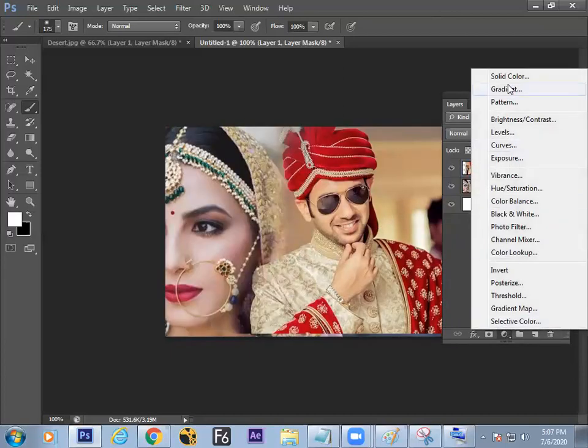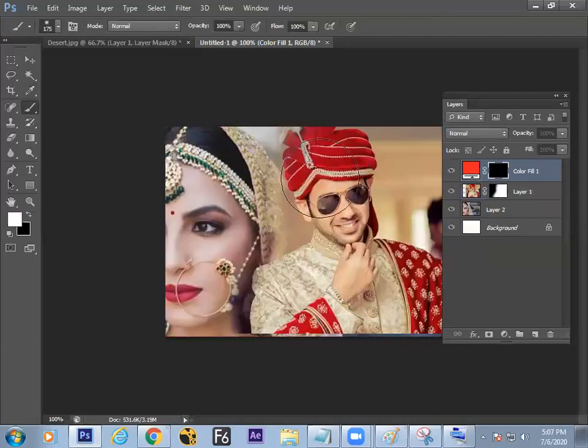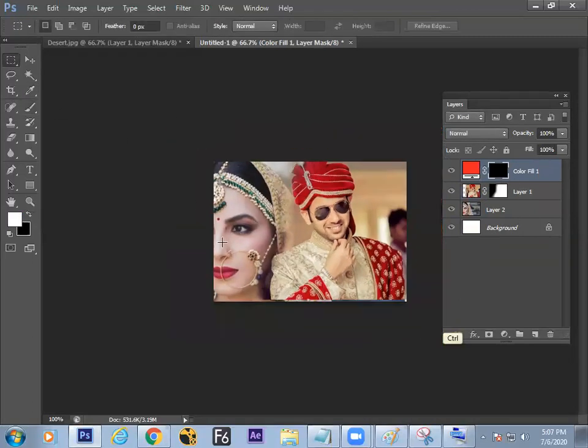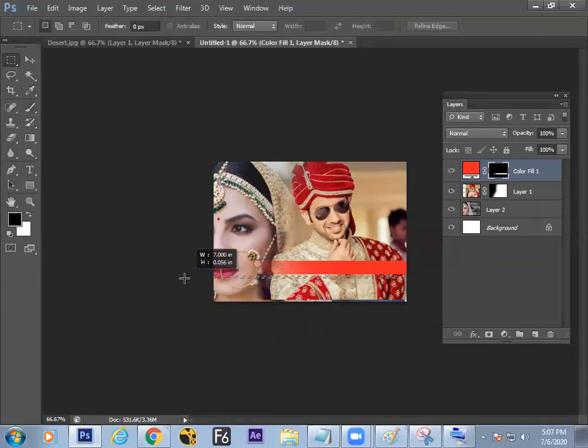Now it is time to make a solid, get it okay, switch over here, fill the color, get the rectangle tool, make a strip, fill it. Yes. Now switch to the brush, go to the mask and get it out. So make sure you're painting on the mask. With the black, so as to hide. And again the small strip, yes. And fill it with white, yes.